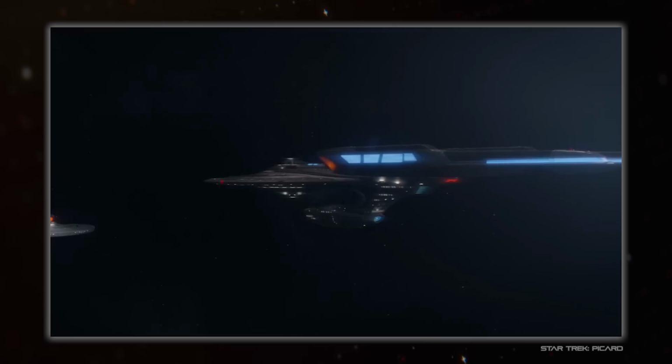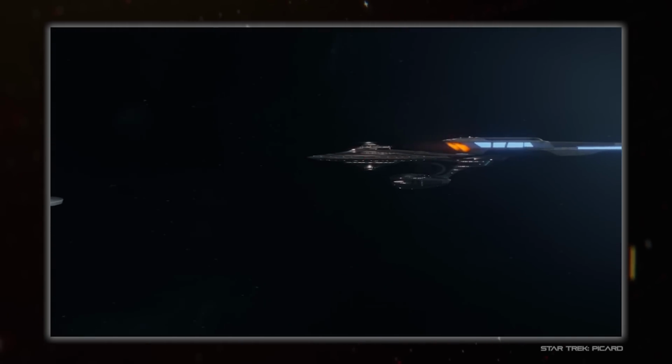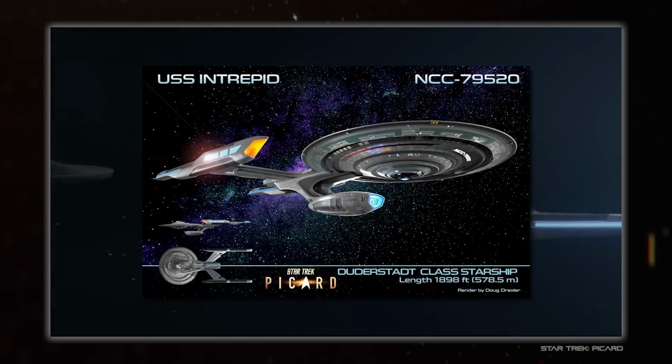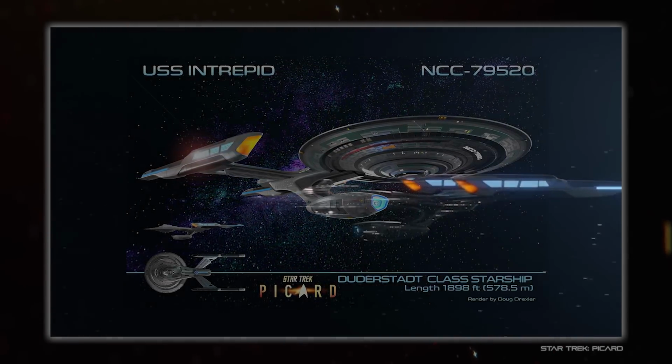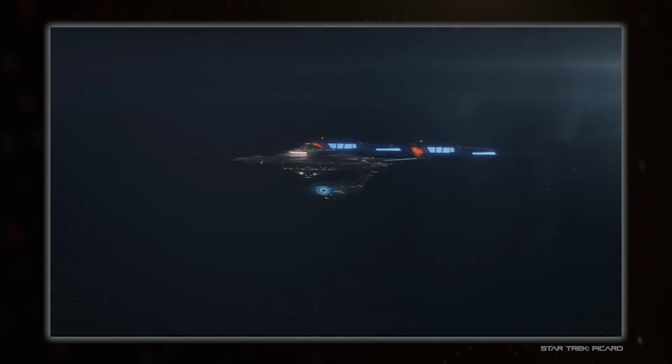And from every angle except side on, this is a really beautiful ship. The circular saucer looks gorgeous and flows into the engineering section directly behind it, with relatively flat pylons for its nacelles and culminating in the impulse drive on the very back. If that were the entire craft, it may very well be the best looking new Federation design in the show,